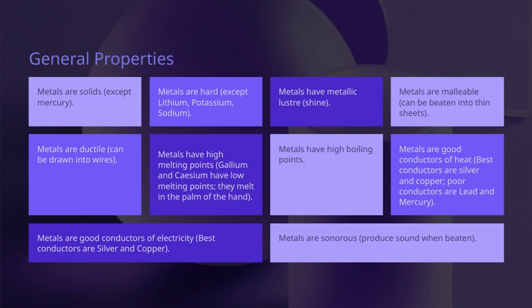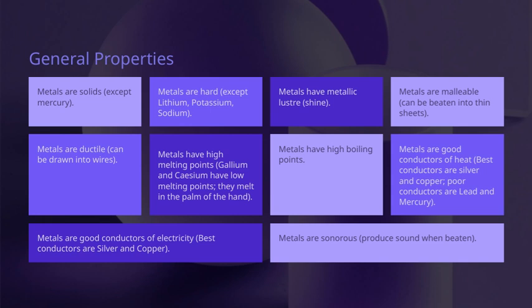Most metals have high melting points, although there are exceptions. For example, gallium and cesium have low melting points and can melt in the palm of your hand, highlighting how some metals are quite unique. Metals are generally hard, providing durability and strength, but there are exceptions like lithium, potassium, and sodium, which are softer